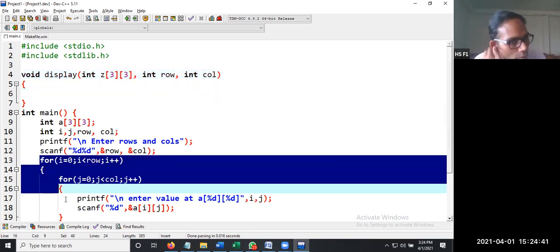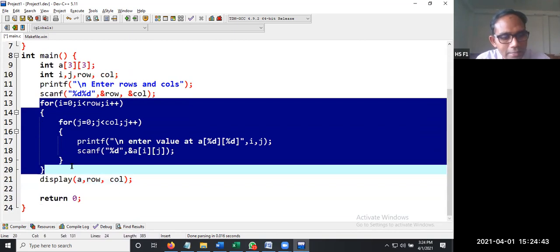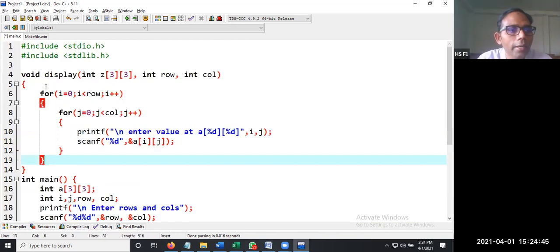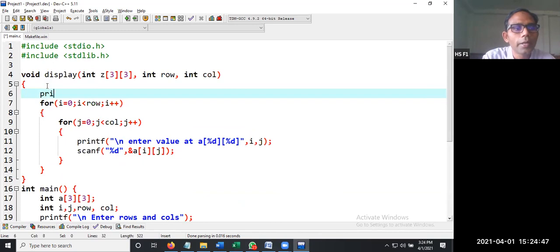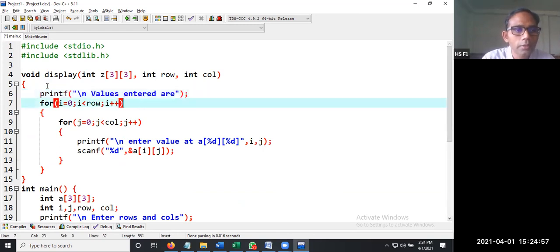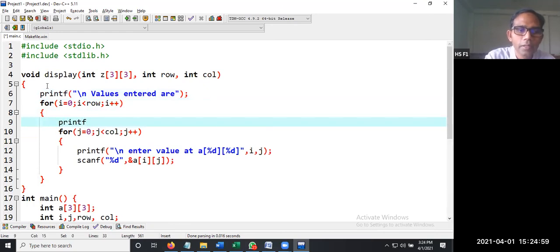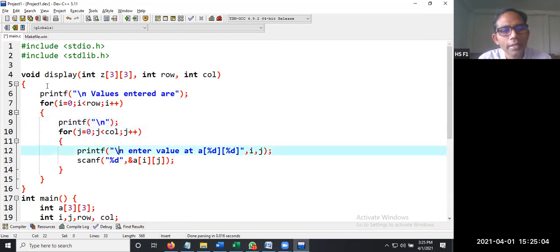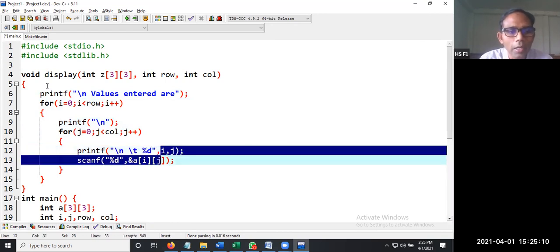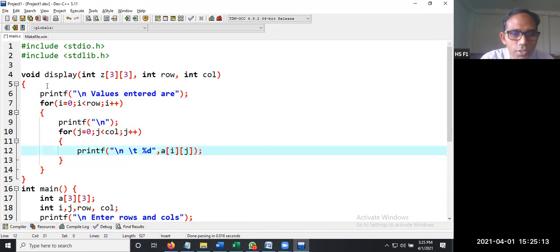Then let us copy this code to print the matrix or a two-dimensional array. Before this, let us write printf("\nValues entered are"); Then here you can write printf("\n"), simply \n, and inside the j loop you can write printf("\t%d", a[i][j]).